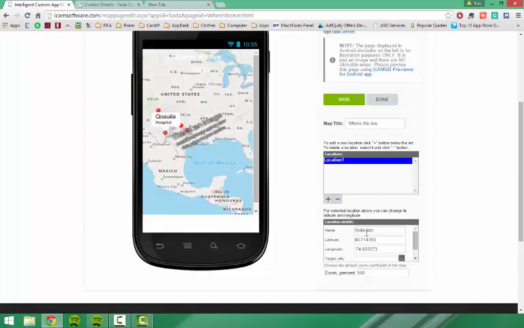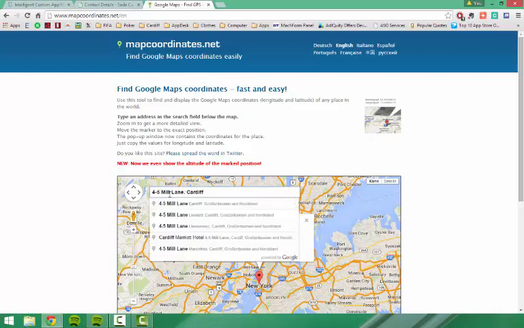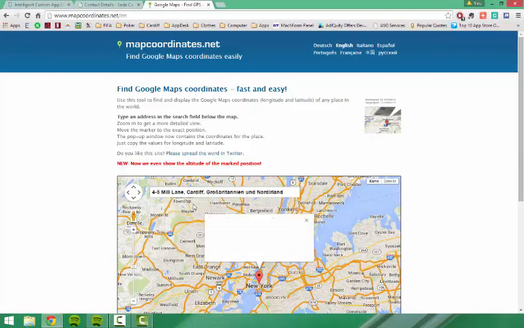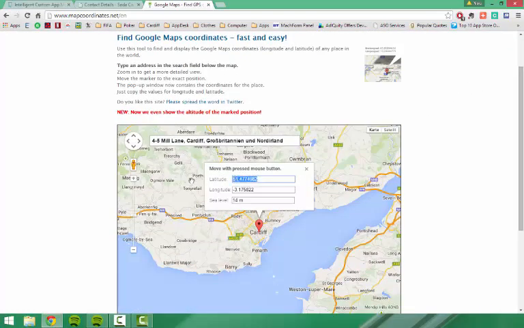Okay, so we're going to have to find the latitude and longitude so it can figure out where it is. Okay, so I'm just going to go and find out what the latitude and longitude of soda bar is. Okay, so I know the location of soda. For those of you that don't know how to do this, I'm just using this site called mapcoordinates.net, and it's very, very simple. You just put in the address and it will just bring up the longitude and latitude, which is very useful to use when using this because you just